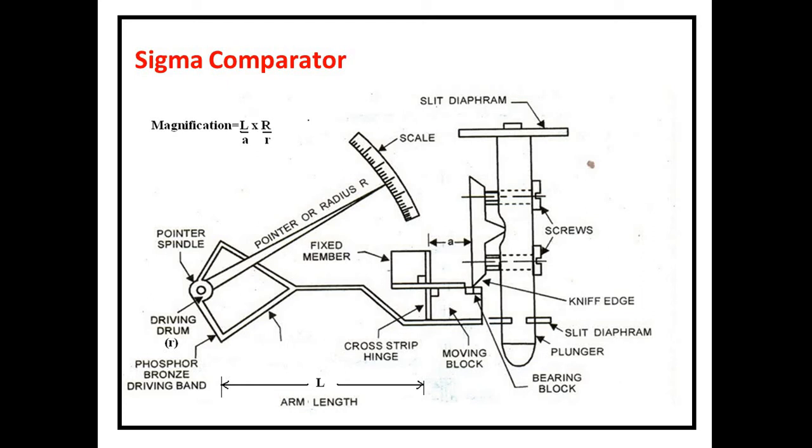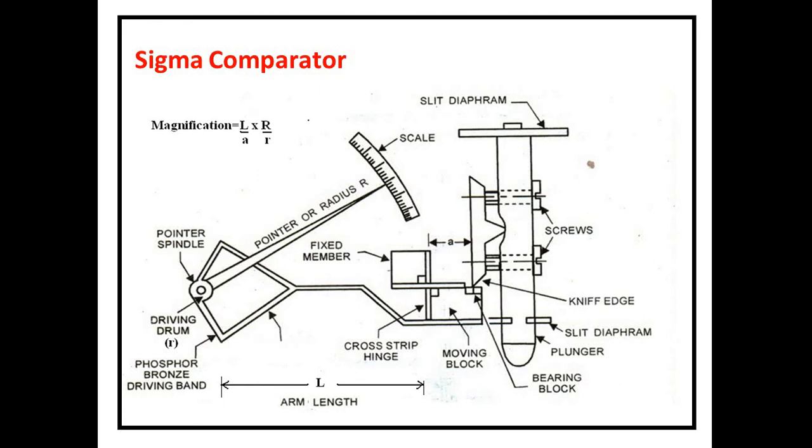So as the Y arm gets swung because of this moving member, this movement is transferred to this drum, and the movement transferred to this drum is again transferred to this pointer. Accordingly, as the Y arm moves clockwise or anti-clockwise, this pointer is also going to swing in clockwise and anti-clockwise direction, and that reading can be noted on this calibrated scale. With the help of this scale we can easily find out the actual movement happening at the plunger.